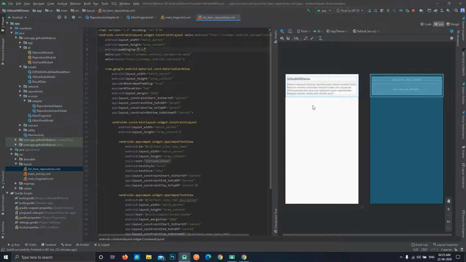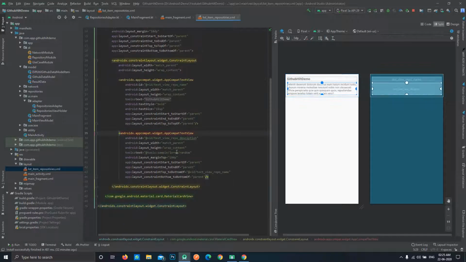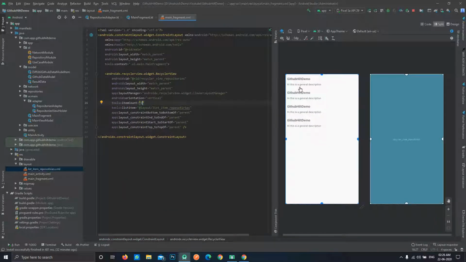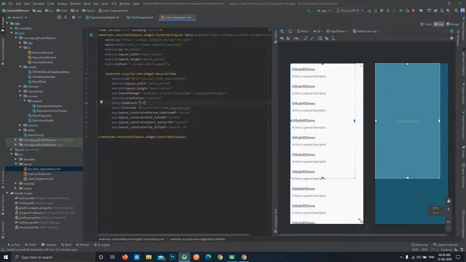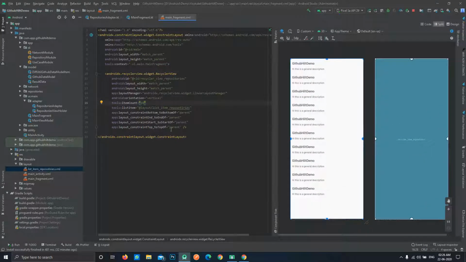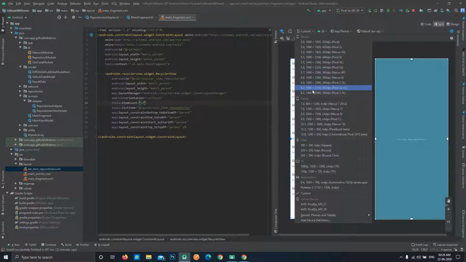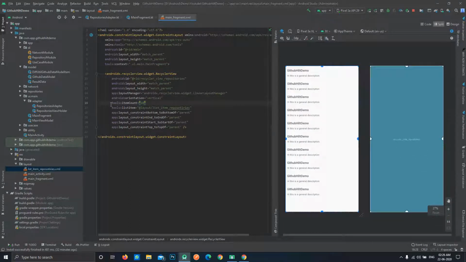To view more items, you can type custom text over here, like, hi, this is a general description. Now I have defined 4 items, so it is showing 4 items. I can define 10 items, so it will show 10 items. Some are cut off. If I increase the size, it will show more items. This is the way the tools property works.